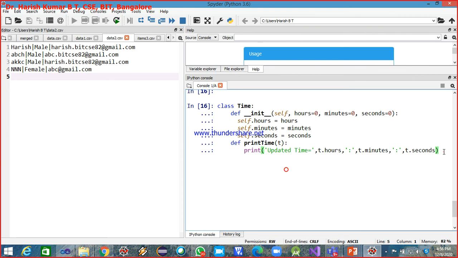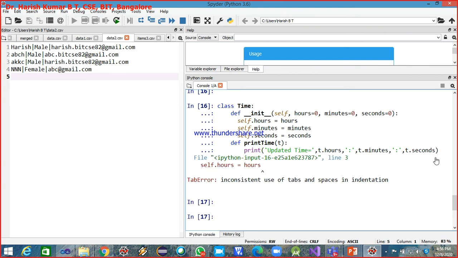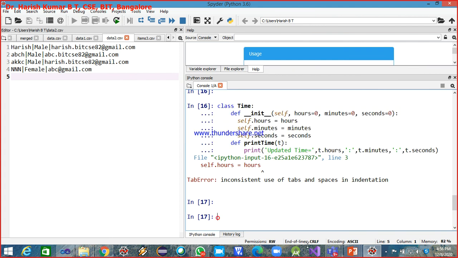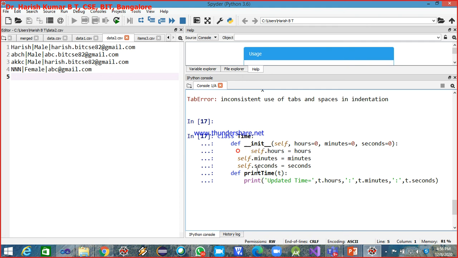What is missing? Self dot hours. Inconsistent use of tabs. Okay. Let me give one more. So this is the disadvantage here. This indentation itself is a big problem.